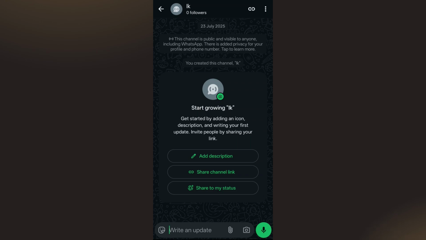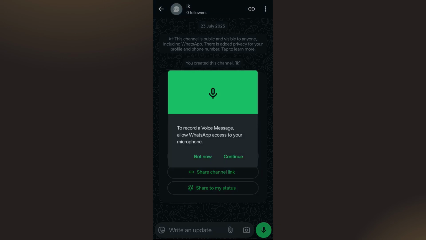So first of all, you need to make sure that you are doing it correctly. You need to open any of the chats. After that, simply tap on this microphone icon once, and now you need to switch it to the video mode. Then you just have to hold the record round video note, and if it doesn't switch, you just have to